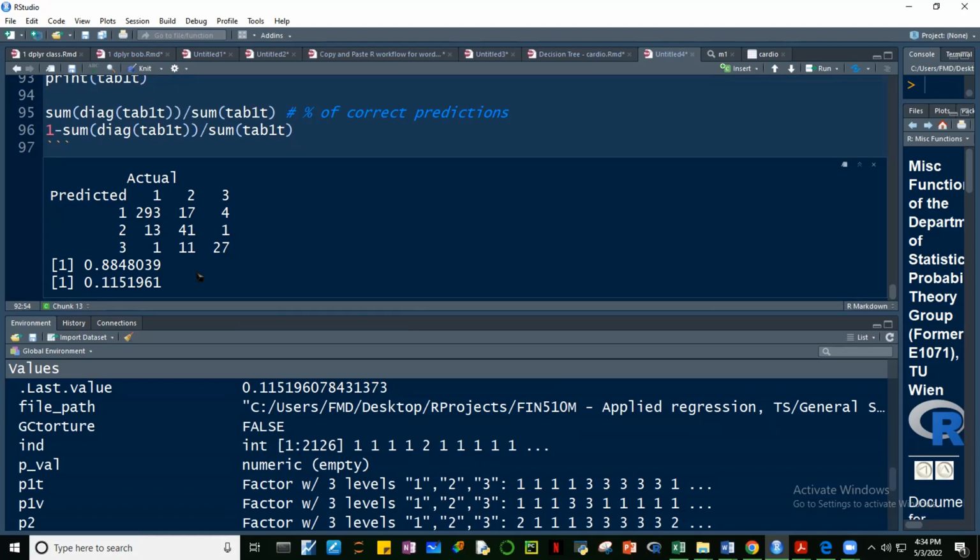Okay, sige guys, let's just end in this. May ipapakita lang sa inyong ibang